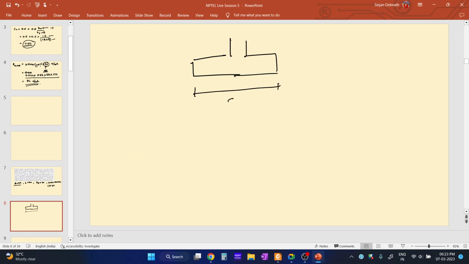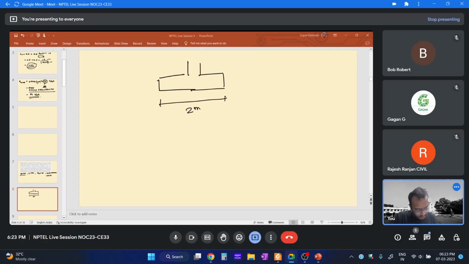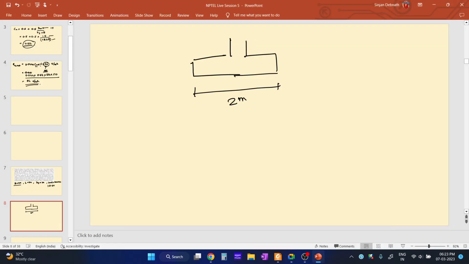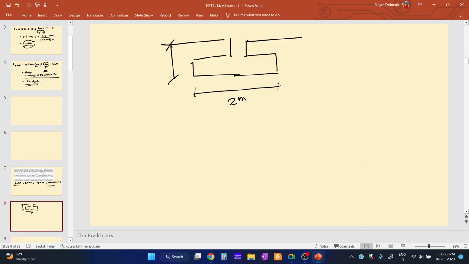The breadth is 2 meter, and what is the depth of the footing? The depth of the footing is 1 meter, in a clay soil. So the depth of the footing is 1 meter,